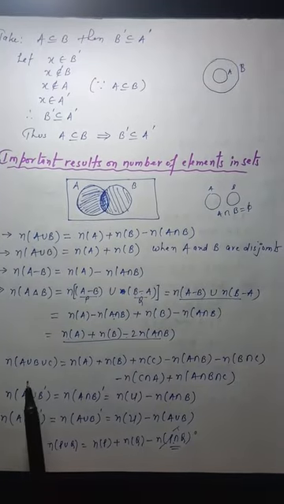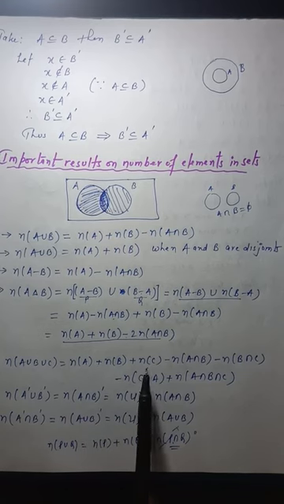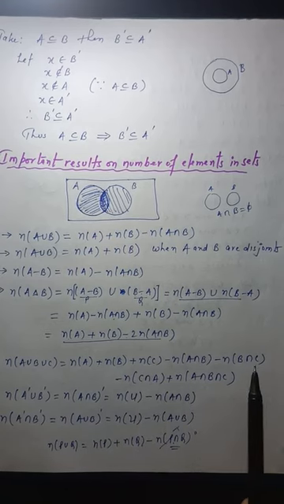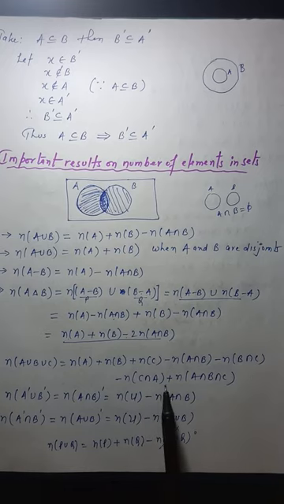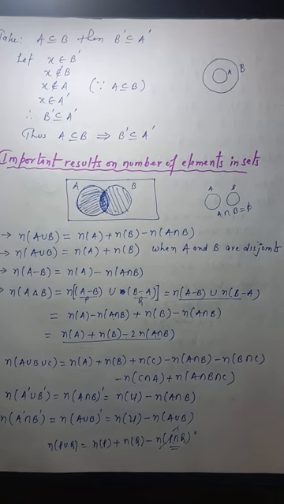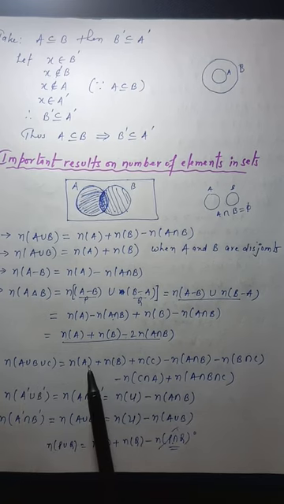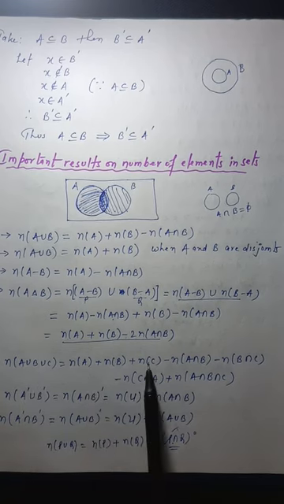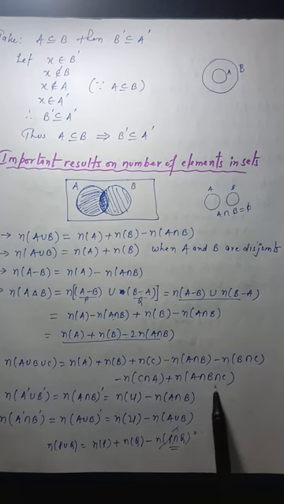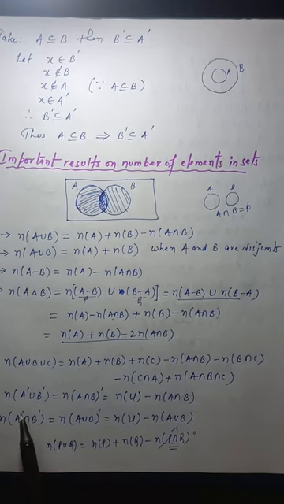So similarly, when there are 3 sets, you write n of A plus n of B plus n of C minus common of AB, common of BC, common of CA, and please note it will be plus common of A, B and C. So same concept for 3 sets. So you must remember, when there are 3 sets, union of 3 sets means sum of their individual numbers A plus B plus C minus AB minus BC minus CA plus common of all the 3, A intersection B intersection C. Last 2 are based on De Morgan's law.